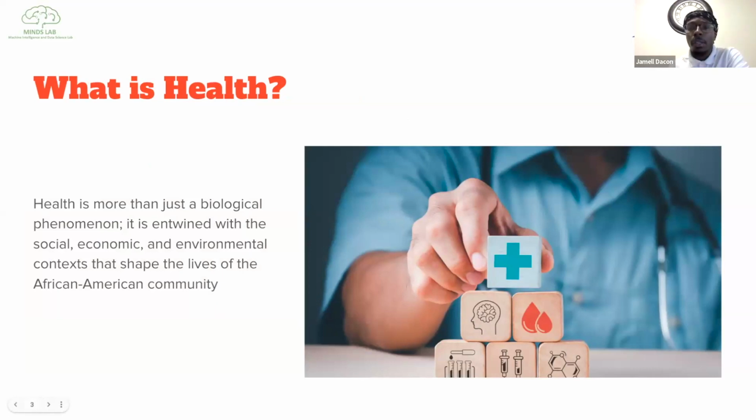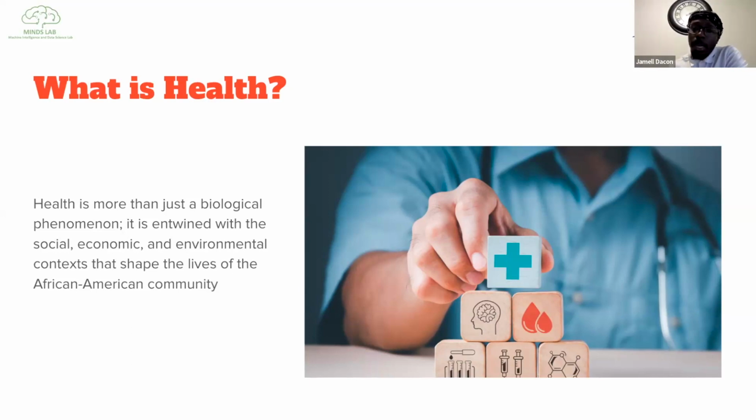Okay. All right. So first, we want to understand what health disparities are. Health is more than just a biological phenomenon. It's intertwined between social, economic, and environmental contexts that shape the lives of the African American community, or any community at that. So today we want to step back and talk about, in the tapestry of American society,